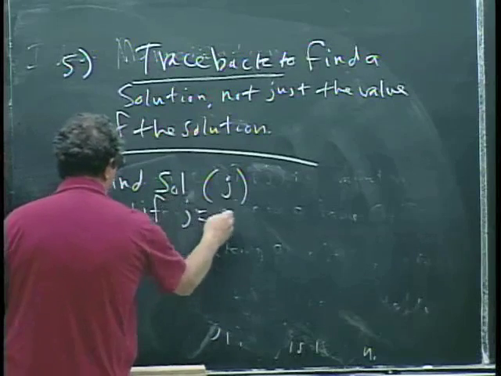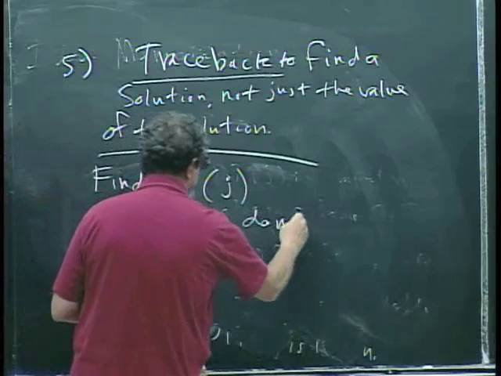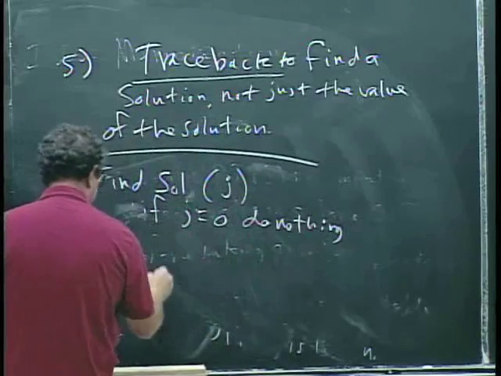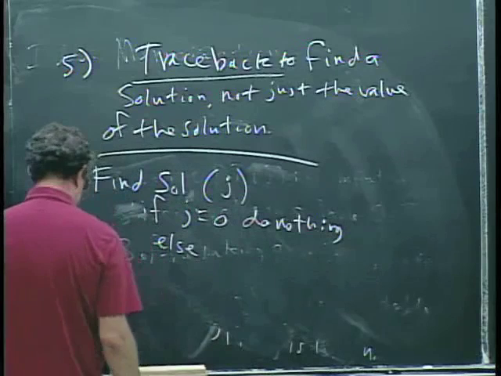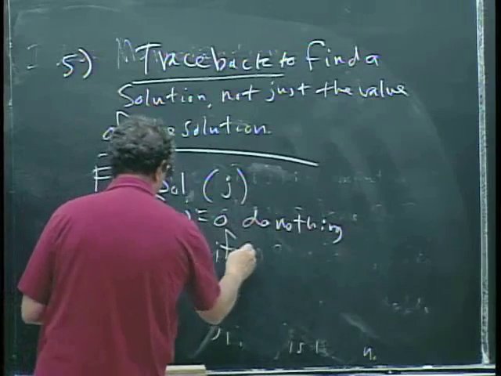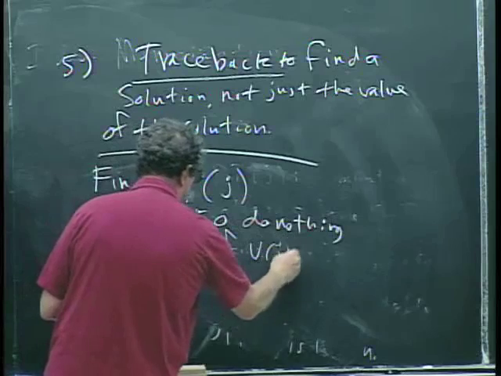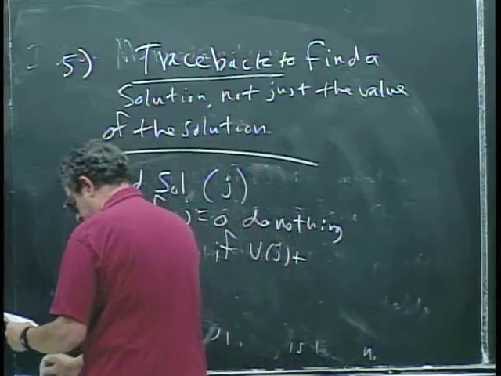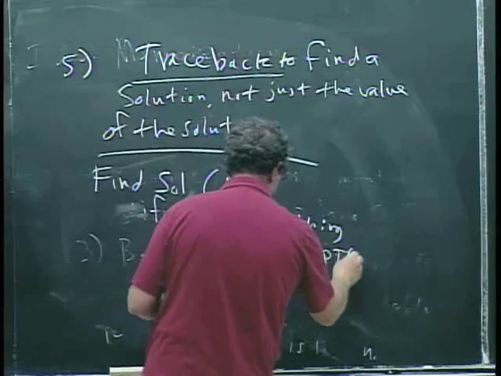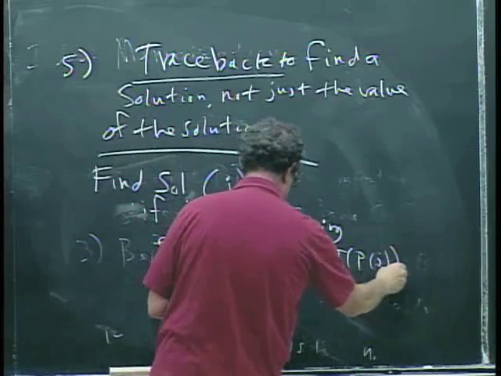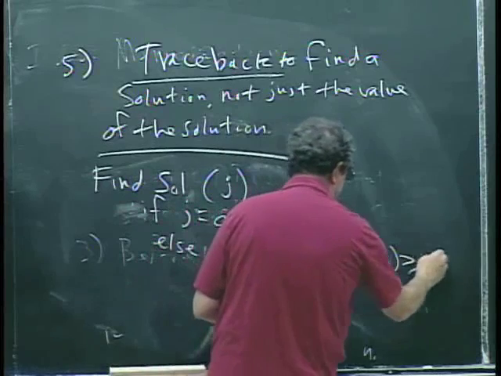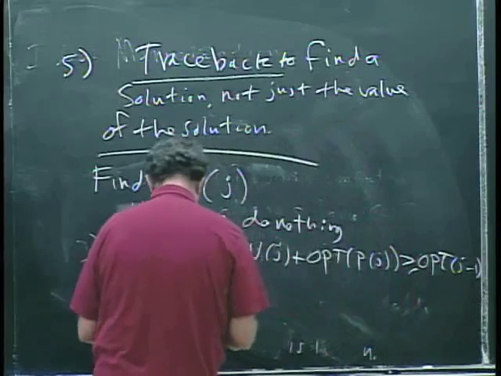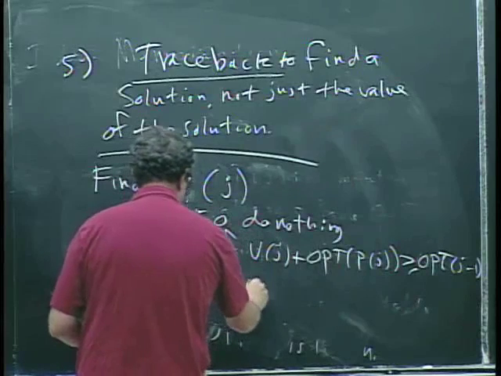If j equals 0, do nothing, or stop. Else, if Vj plus opt of Pj is greater than or equal to opt of j minus 1, then